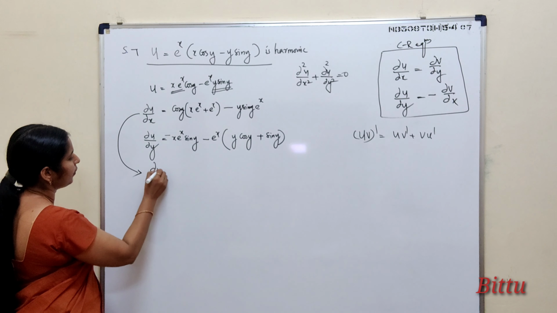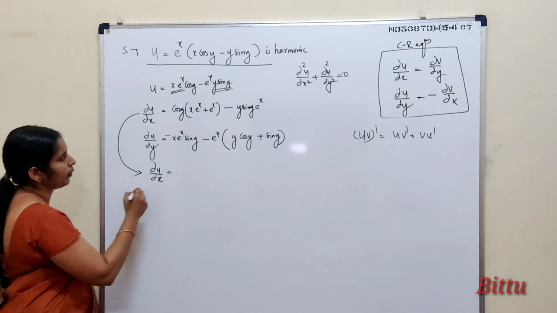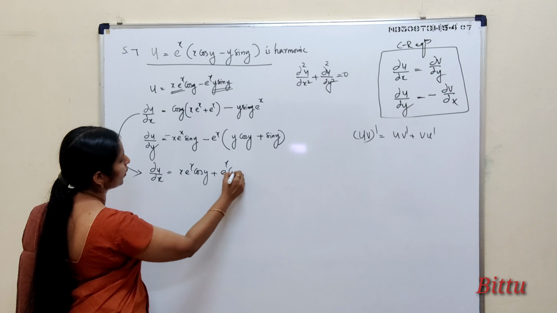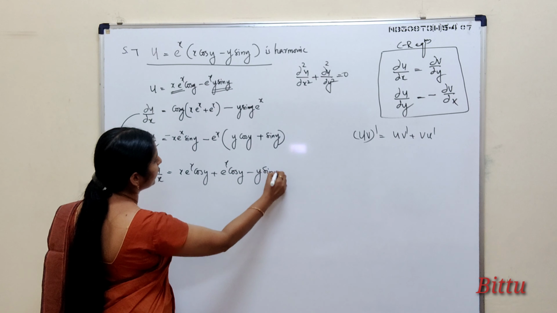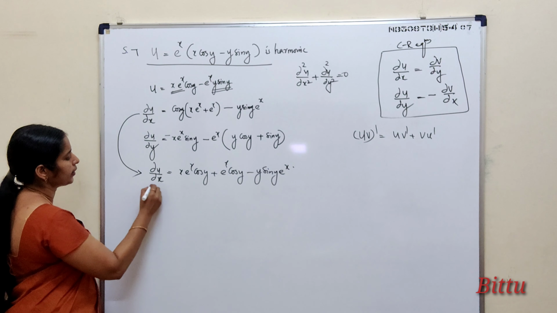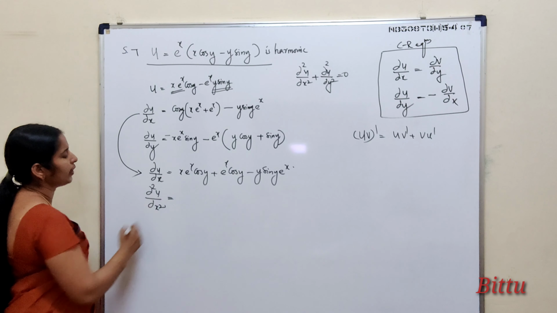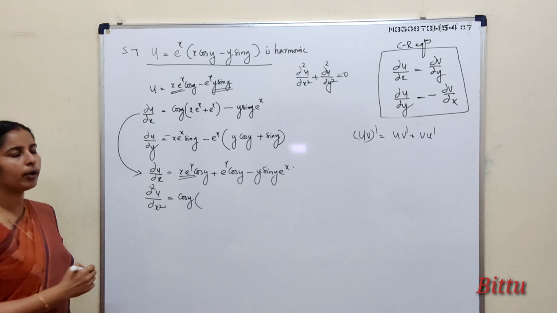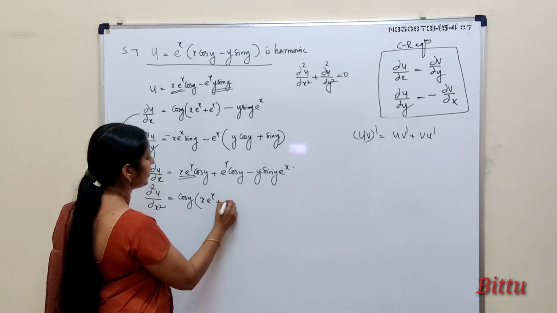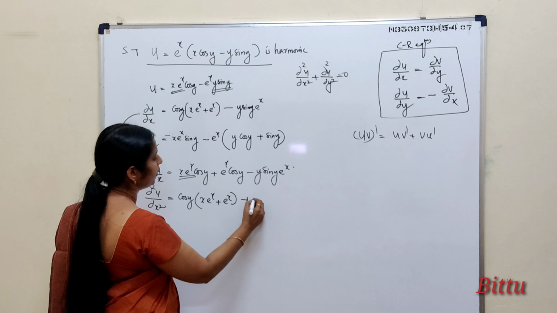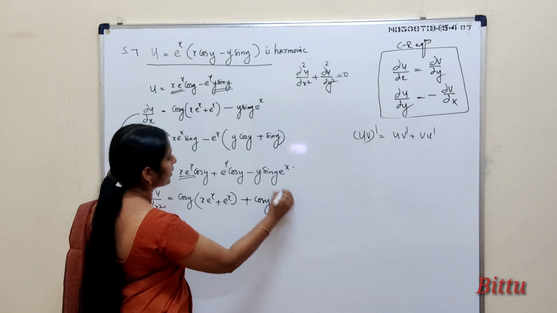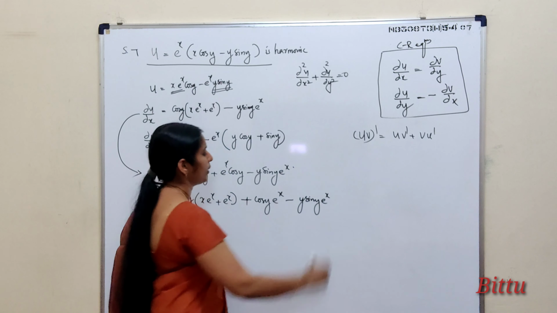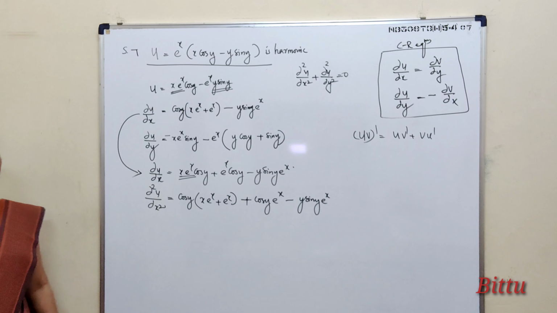So for writing the next derivative, I will write ∂u/∂x as x e^x cos y, you open the bracket, plus e^x (cos y minus y sin y) e^x. So what is ∂²u/∂x²? You differentiate with respect to x by keeping y as a constant. So cos y into, see, it is a product, so you apply product rule. So x e^x plus e^x plus, here cos y is constant, derivative of e^x is e^x itself. Here minus y sin y is constant, derivative of e^x is e^x. So this is ∂²u/∂x².